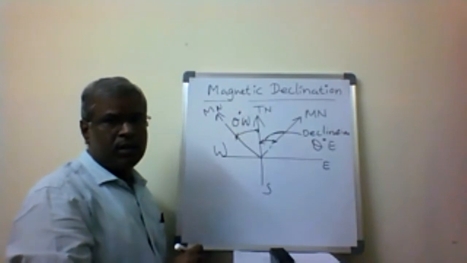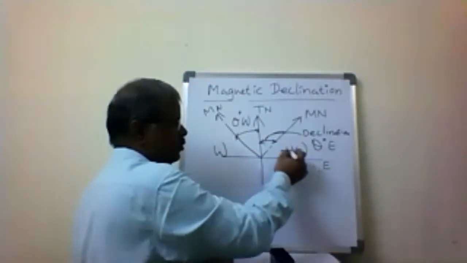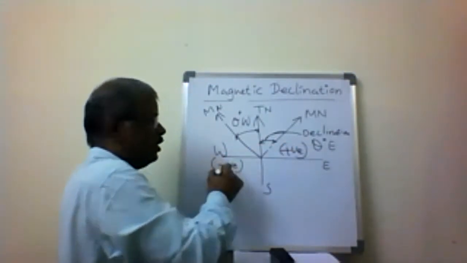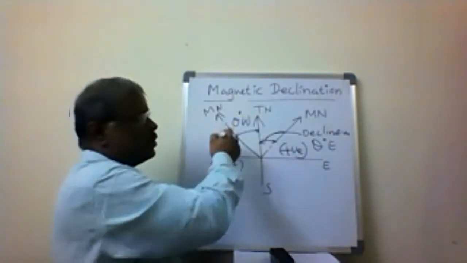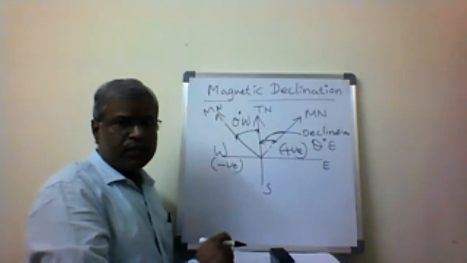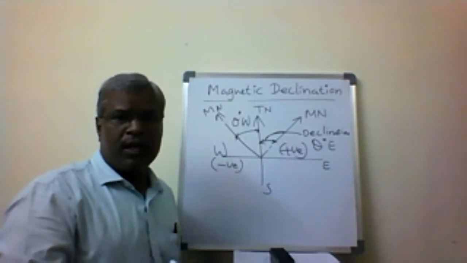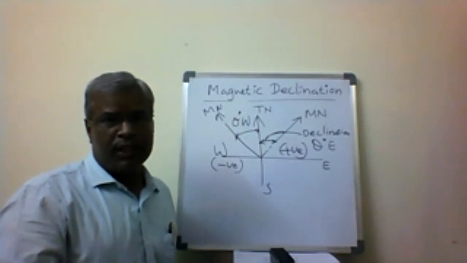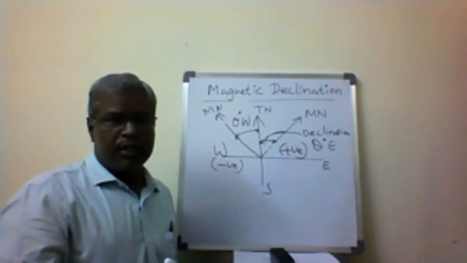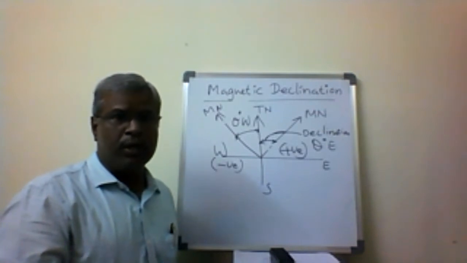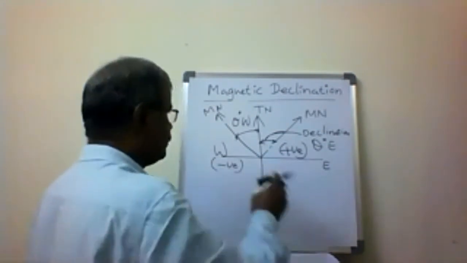Theta degrees west. Always the eastward direction is considered positive, and the westward declination we consider negative. So from the true north, how much deviation there is. When the deviation is toward the west direction, it is called a westward declination. When it is toward the east direction, it is called an eastward declination. So the angle between the true north and magnetic north is called the declination. If it is towards east, it is called eastward declination. If it is towards west, it is called westward declination.